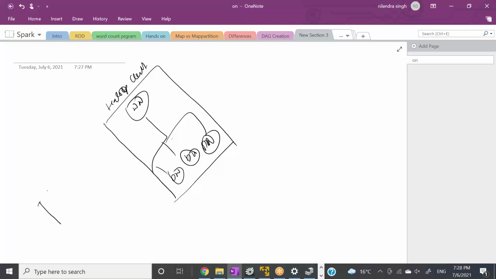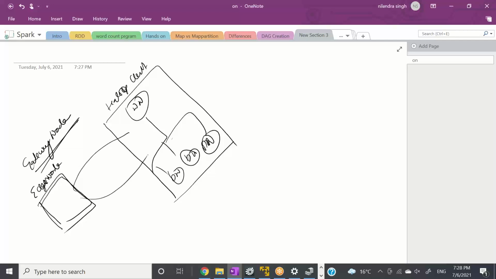You have something called edge node, or we can call this node a gateway node. So gateway node is the gateway to the cluster. The cluster can be anything, Spark cluster, Hadoop cluster, anything, right? So what you do, you log into your edge node, and the connectivity between the cluster and this is set up by your administrator. You do not need to worry about it. So you run Spark Submit here, right?